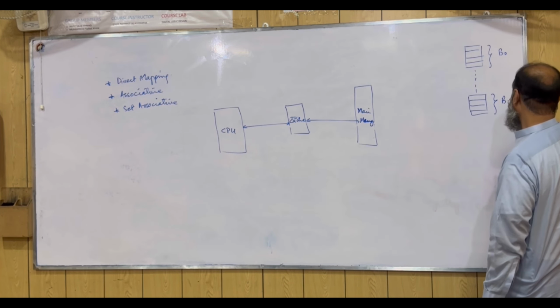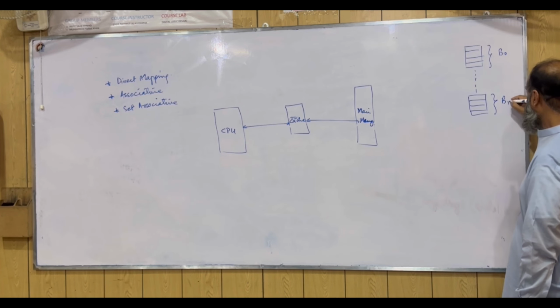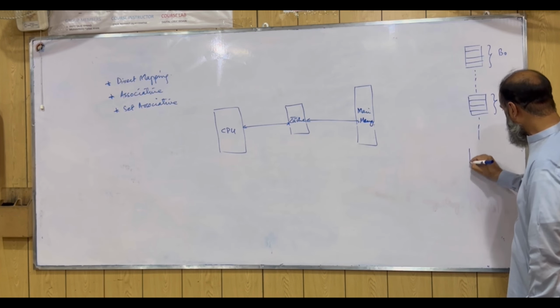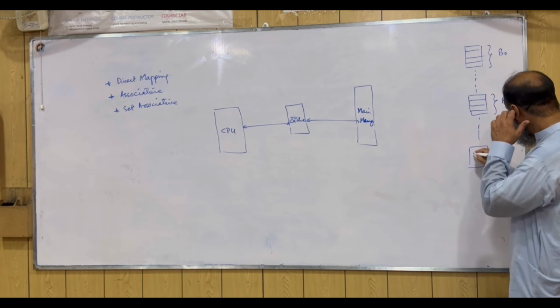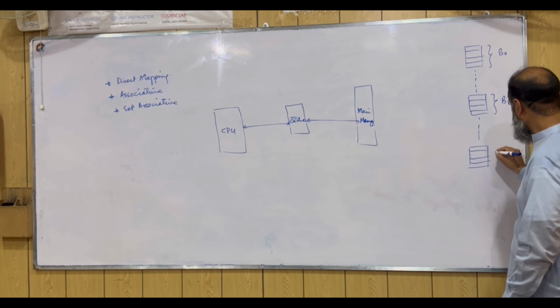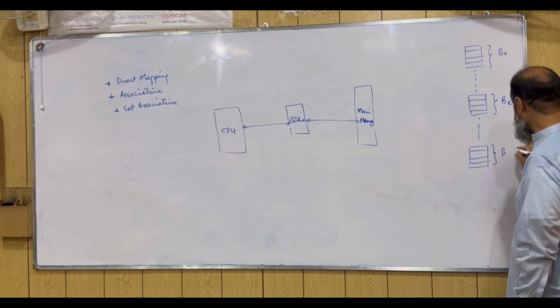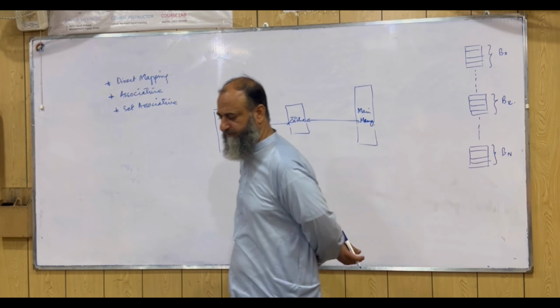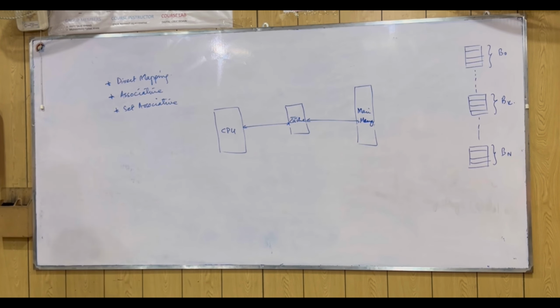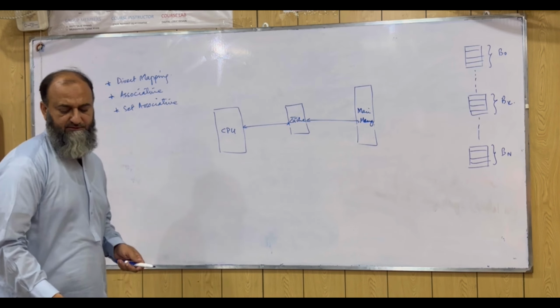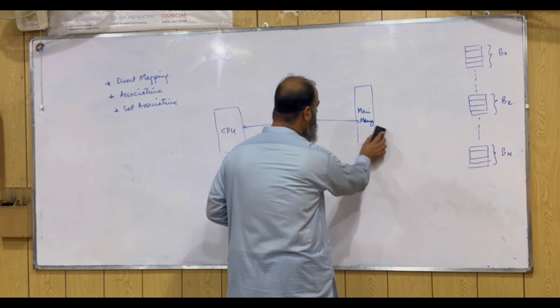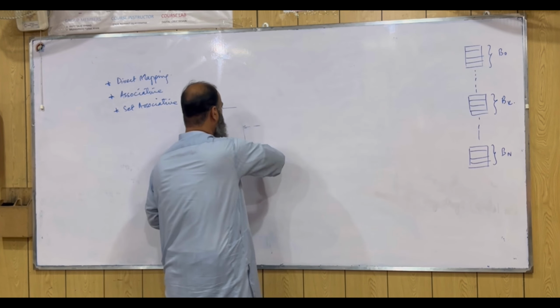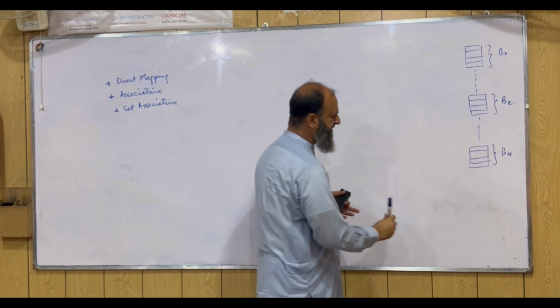मिसाल के तौर पे ये कहीं पे K है, for instance, we have a number of blocks, and the final block is going to be represented over here, and this is said to be block N, for instance. So you see that we have a number of blocks over there, and each has a number of words, a number of bytes. And that is the main memory. ये आपके पास main memory है.